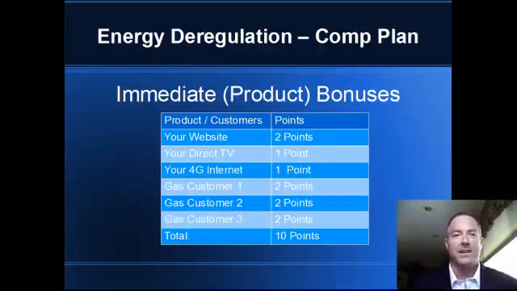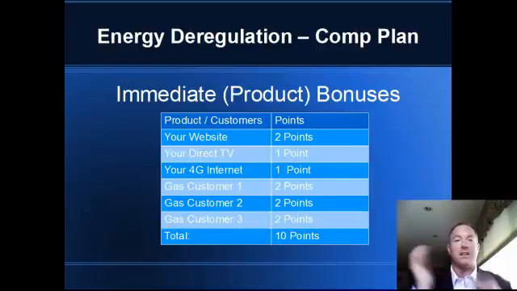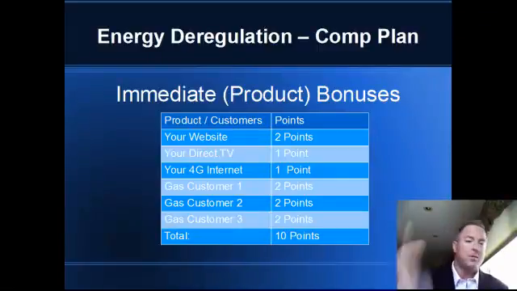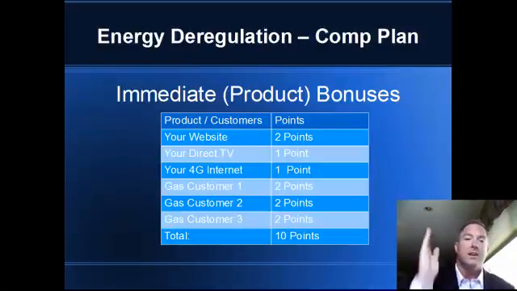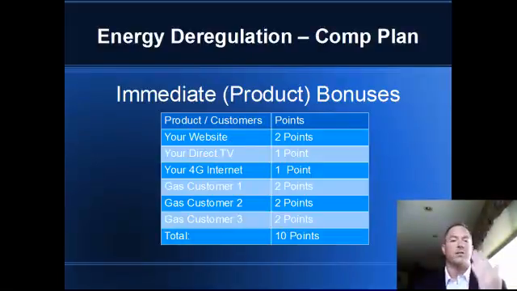You are a new QMR. You get signed up. You pay the $299 or you call us and you handle it and we get it worked out. It doesn't matter. You're in, right? You're excited. You get certified. You fire up your website. 2 points. $100 cash comes to you. You switch over your TV. $100 cash comes to you. You switch over your internet. $100 cash comes to you.